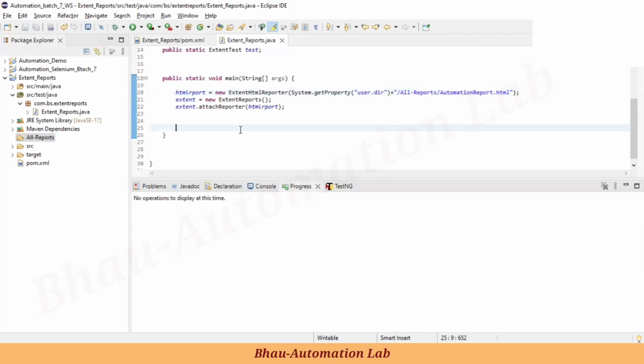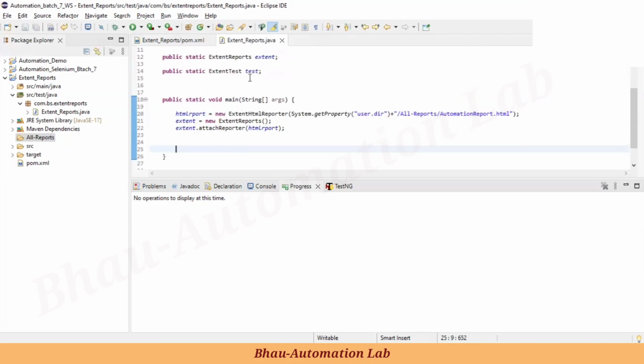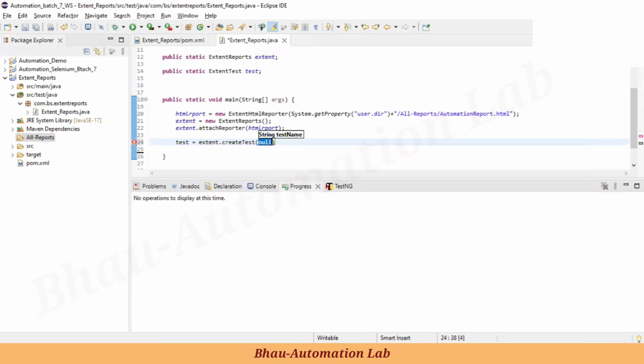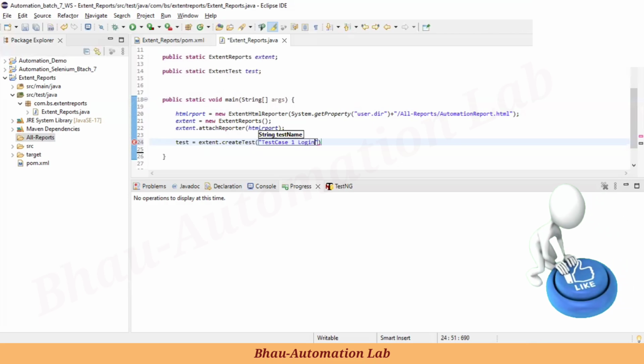Okay, so now let's create one test case for this. We have defined this one test case, right? So to create a test case, we have to write test is equal to extent.createTest, and in this createTest we can give any name. To create a test we can define the name like test case underscore one, and the given name as test case is like login